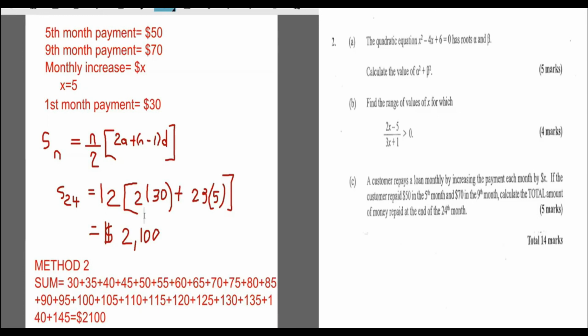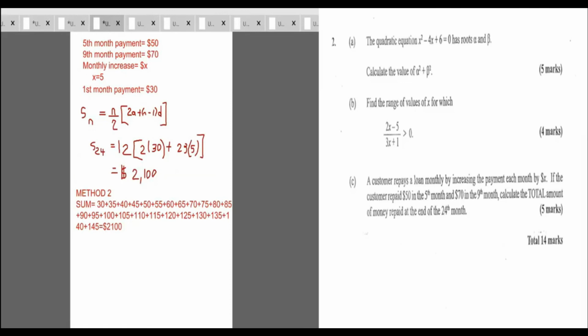So either way, you check it out, you get your $2,100. All right, so as I was saying, method 2 is more for the lazy persons that can't bother to remember this formula, and method 1 is the proper way to do it. So this is this question. Nice and easy. That takes care of section 1. Now let's go to section